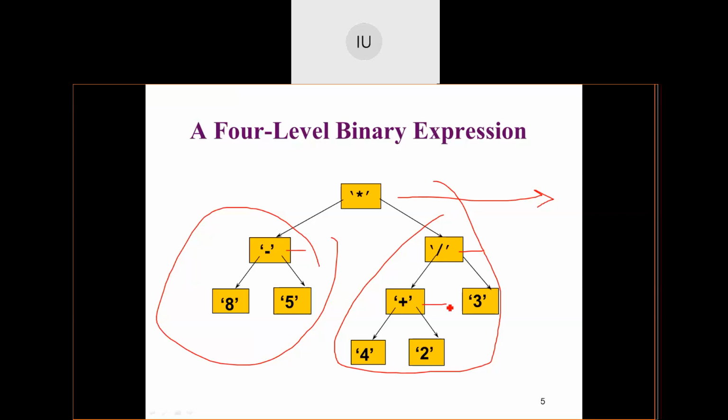So which operator, according to you, is the first to be evaluated? Can you guess? Or which operator is the last to be evaluated? Yes, plus, exactly right. The level at which the operator is there will decide the quickness of the evaluation of that particular operator. The lower the level, the faster the evaluation. The higher the level, the slower the evaluation.